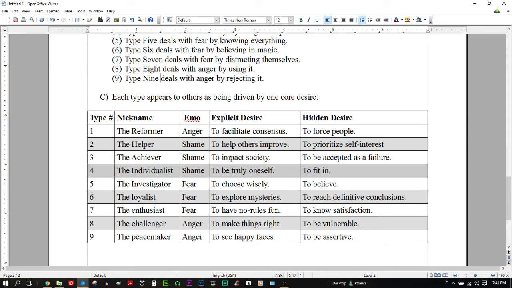I then believe that the second number that you have in your tri-type is going to be the first way in which you respond to challenges in life. So, for example, I think I'm 7, 8, 3, and I think that in that order have they come to be